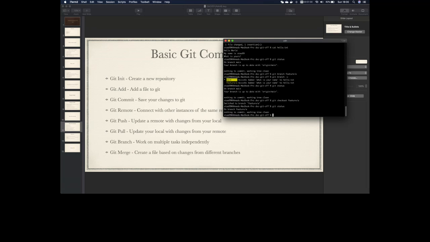If I do git status, now feature A does not have a remote. So before I do anything, I think there's no change. So this time probably say something like, there is no change. Feature